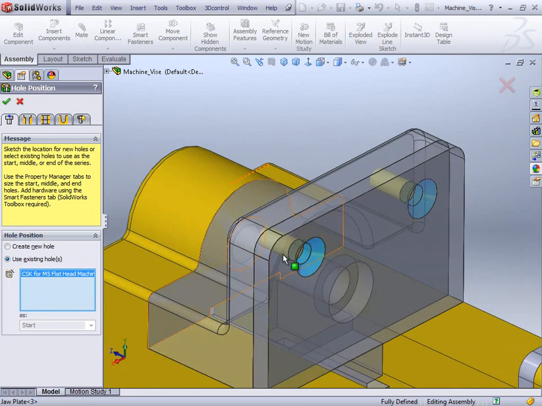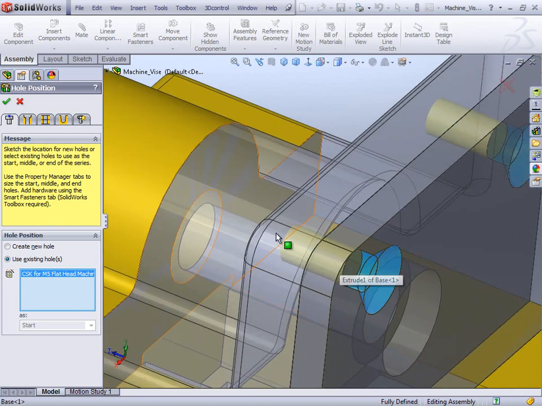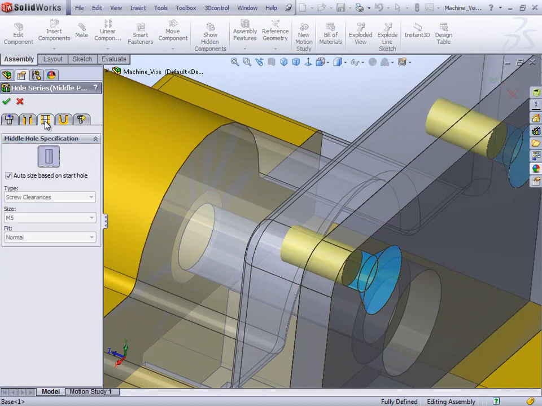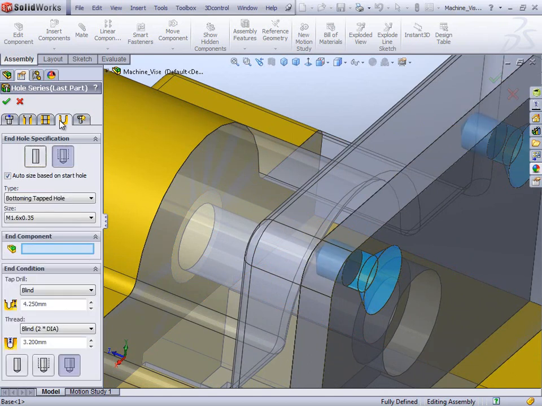And if I look in here, you can see it's already creating what it thinks I need for the next one. So start hole is defined by the feature countersunk M5 flathead, so we don't need to change that. This bit, as per normal, is the start based on start hole. Okay. Next bit then automatically finds